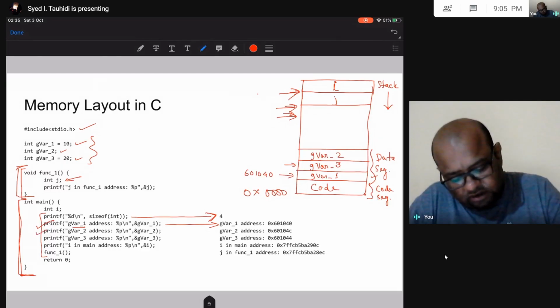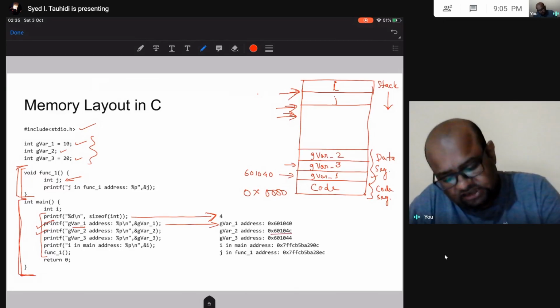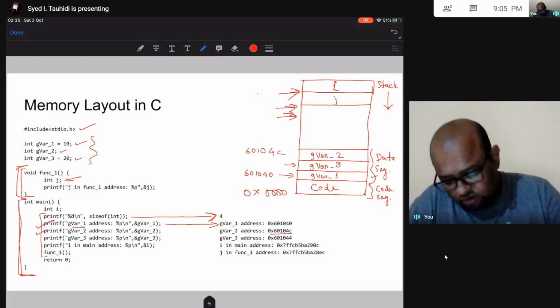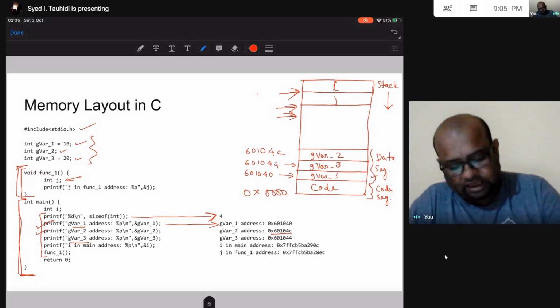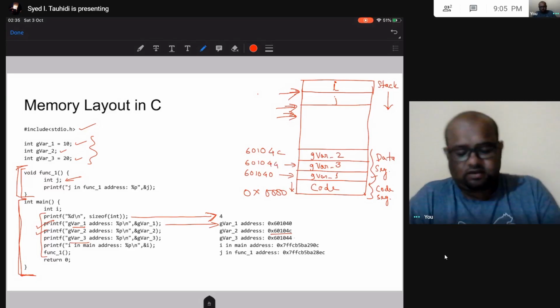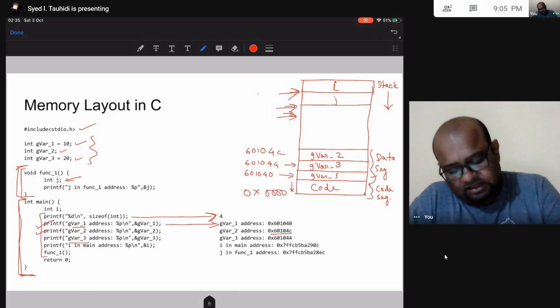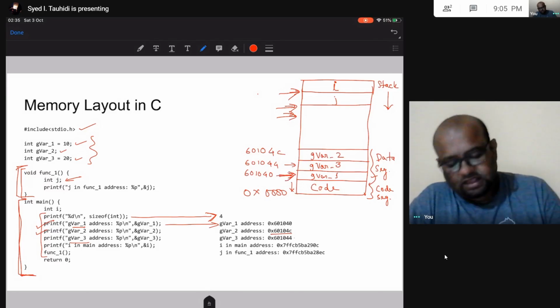Global variable 2's address is 60104C. And then for global variable 3, the address is 601044. Below this I have the code segment. You can see that global variable 1 has the lowest address.